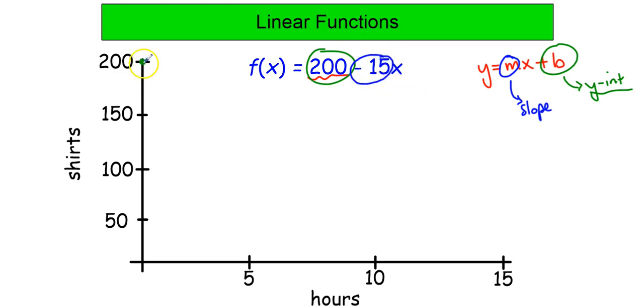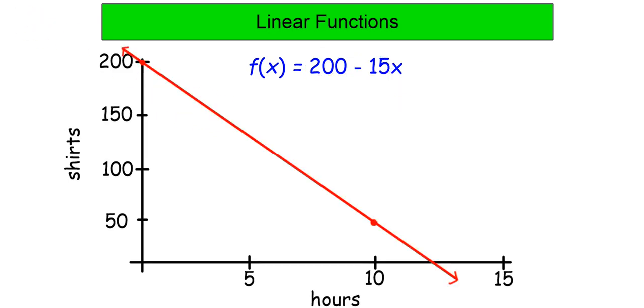So that means that we go to our 200, we go down 15, our slope here is negative 15, or if you want to write it as negative 15 over 1, that's probably a bit helpful. So we would go down 15, which looks like it's about right around here, and then over 1. Down 15, over 1, down 15, over 1, and so on, and we would get a graph that looks like